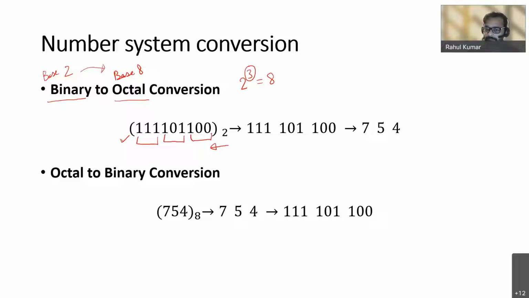Okay, like that. So I've divided it into pairs. 1 0 0, then the next pair is 1 0 1 and 1 1 1, like that. Base 8, so 2 to the power 3 is 8, so I am pairing 3 digits. Now for example, if you have maybe a number, I will consider a singular number,